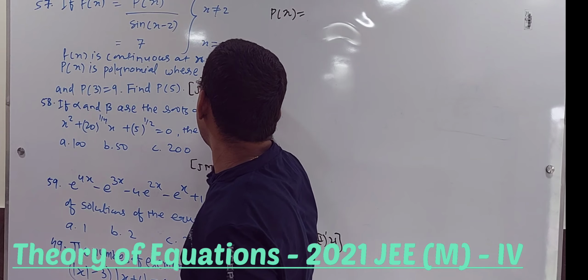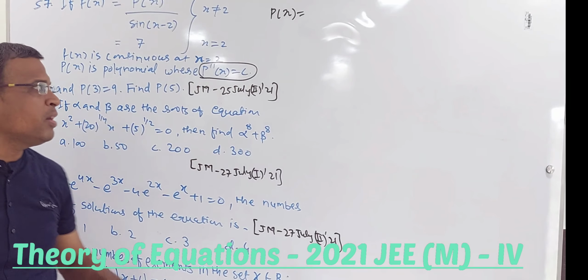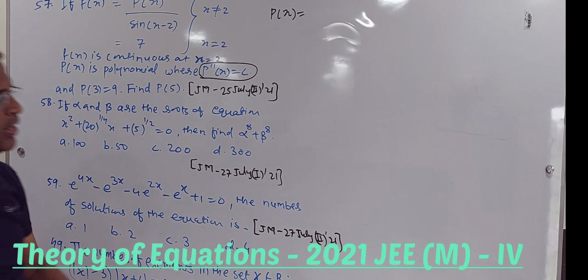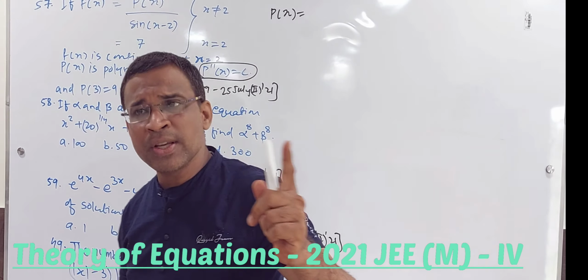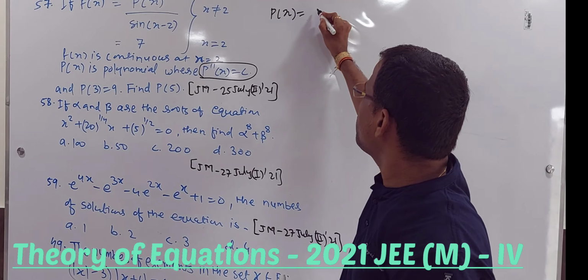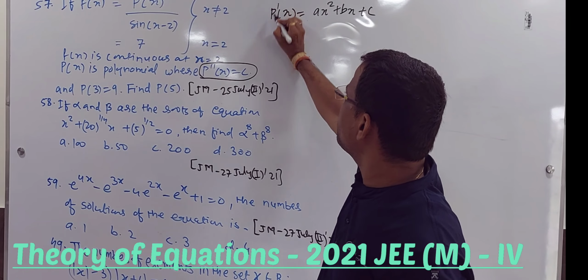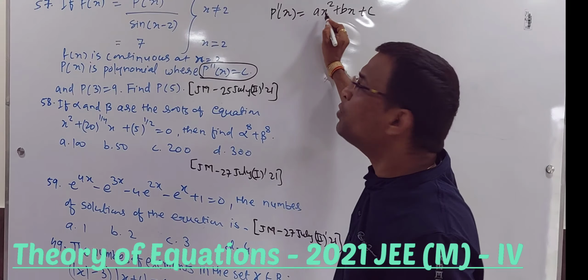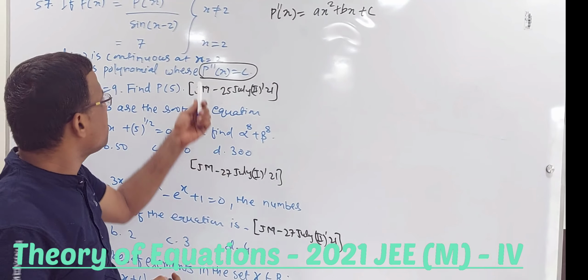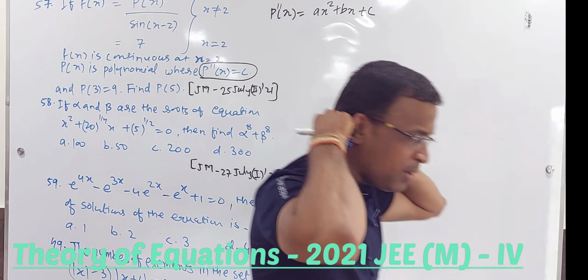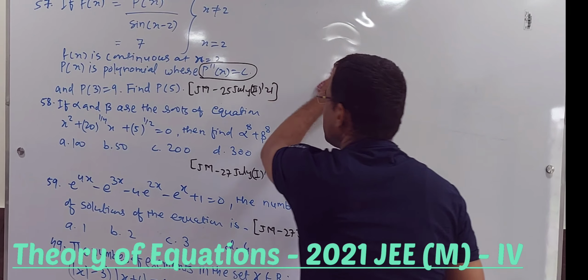Now, one more point: p of x is a polynomial where p double dash of x is constant. One important aspect maybe missed out during the classes, but it's a very good concept. If the second order derivative is constant, c means constant, then what does it indicate? It indicates that p of x is a quadratic polynomial like this. Because differentiated 2 times, first derivative 2ax, second derivative 2a, and the rest will go. That means if the second order derivative is constant, it itself shows that p of x is a quadratic polynomial.